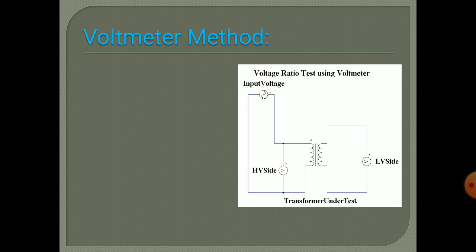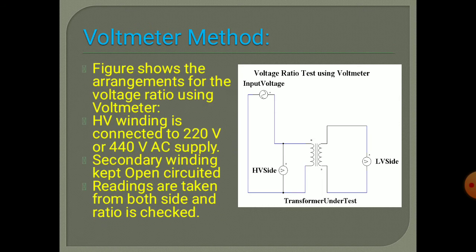In this figure you can see the transformer which we are supposed to test, and on the HV side, that is the high voltage side, we are supposed to apply the rated input voltage. If it is single phase, we apply 220 volt. If it is three phase, we apply a 440 volt AC supply, and the secondary side winding is kept open. On the HV side we have employed one voltmeter,